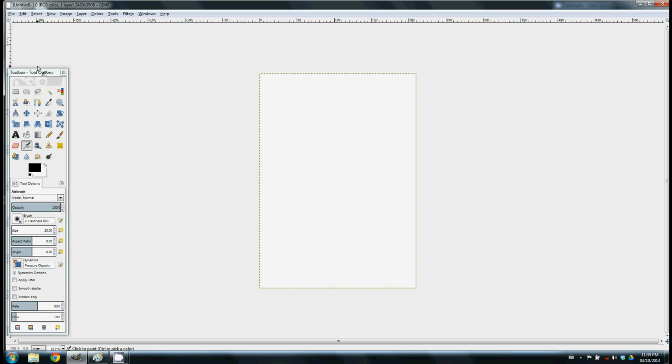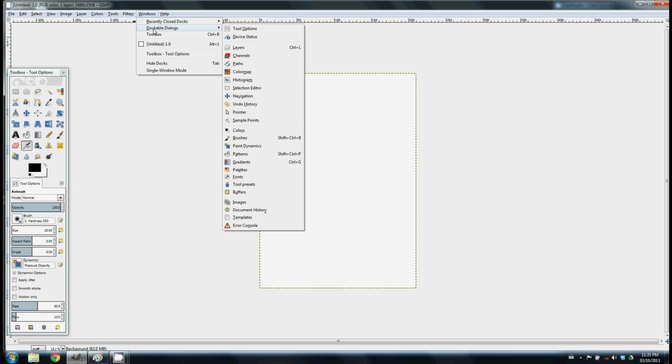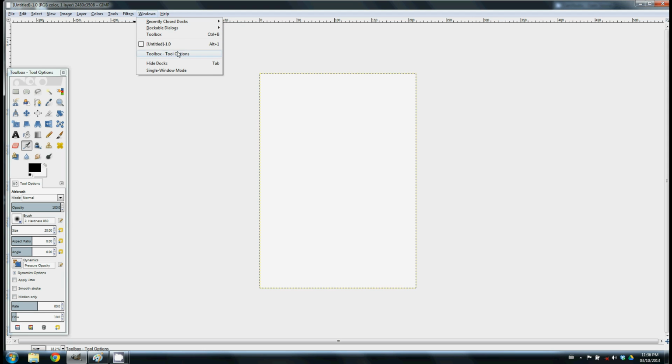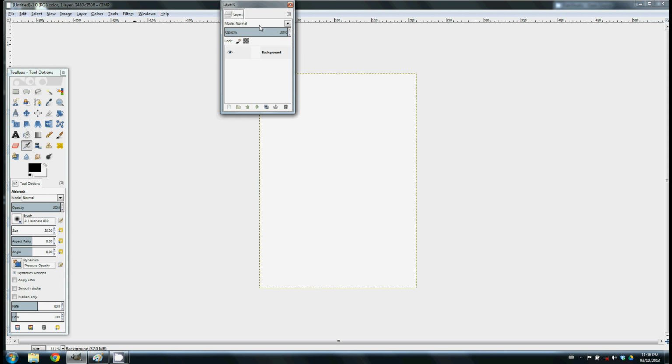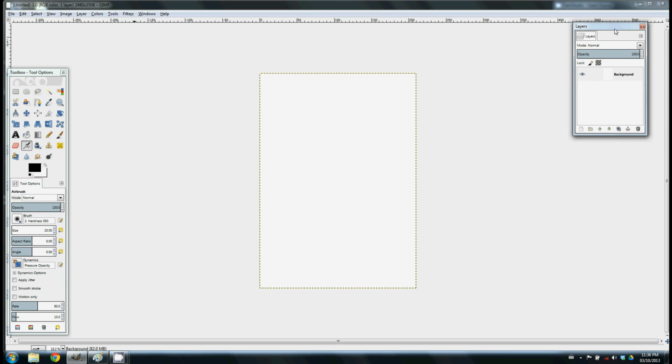Now, as you would in Photoshop, you really rely on layers. If you want that layer toolbar to come up, go to Windows, and we're looking for Dockable Dialogs. Dockable dialogs are like the toolbox on the left hand side here. It's any kind of quick function you're going to be using all the time. So you want to open up Layers,